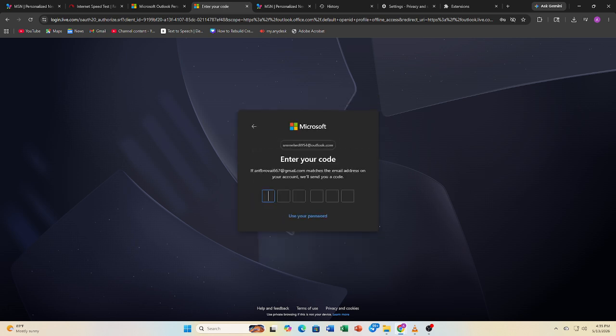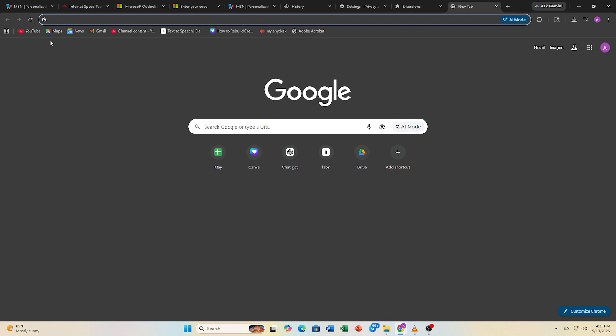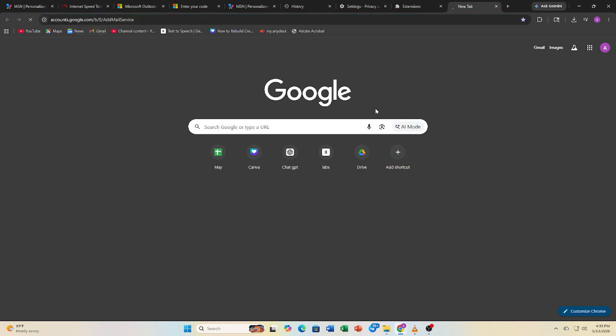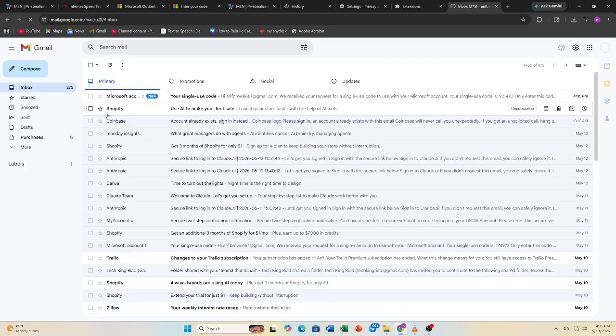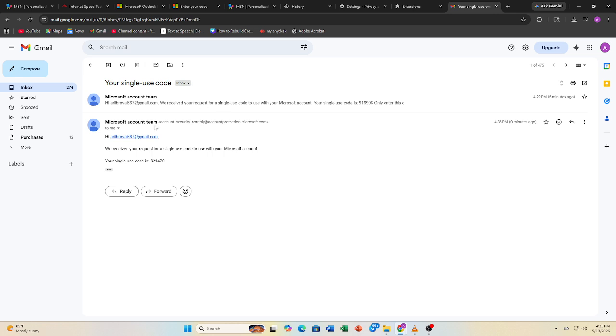Review recent sign-ins, devices, and app access. Remove anything you don't recognize immediately. Also check inbox rules and forwarding settings. Hackers sometimes create hidden rules to redirect your emails, and that's how to fix a hacked Hotmail account and recover